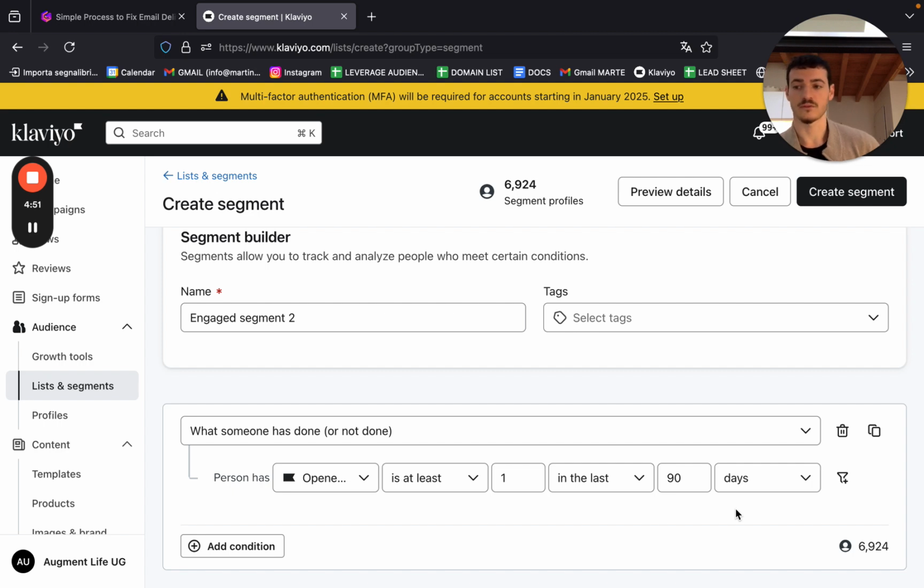Now, I hope this process is clear. Basically, to recap, you must target a smaller chunk of your list until your open rates keep getting higher. And as it keeps staying consistently above 40%, between like 3 to 5 emails,